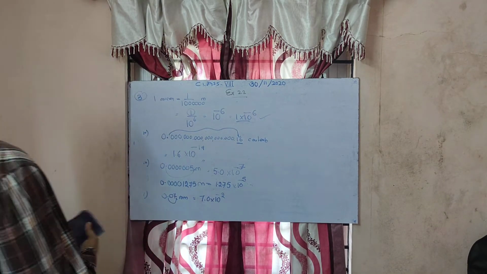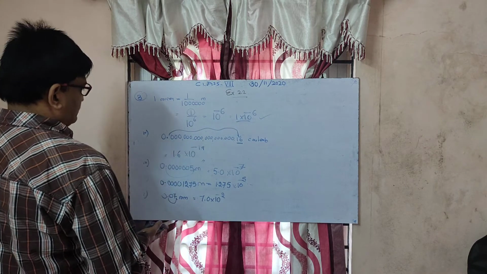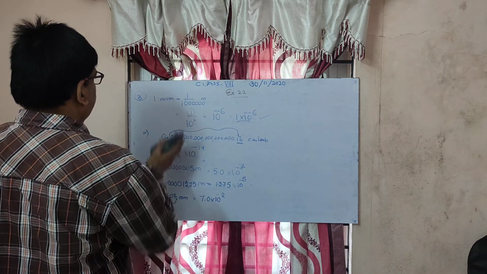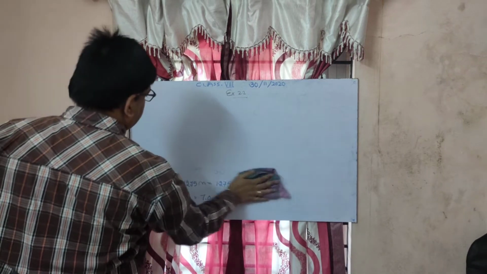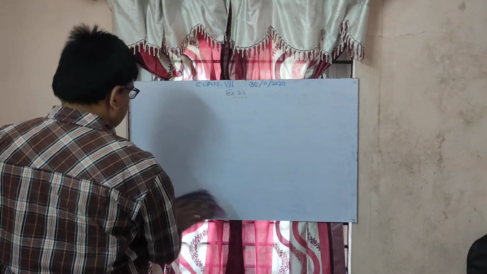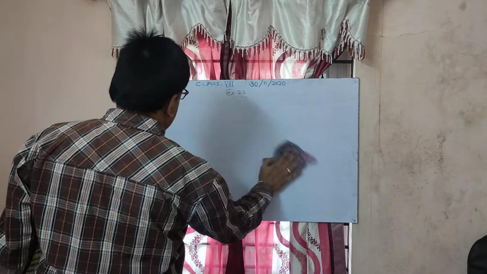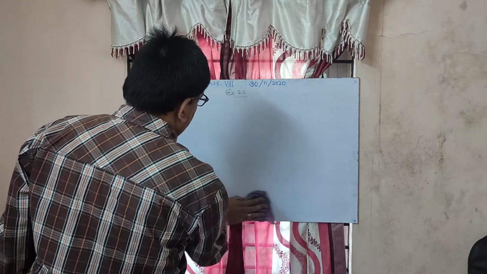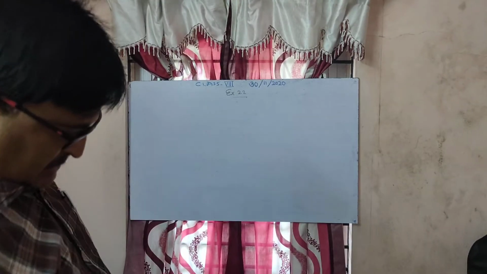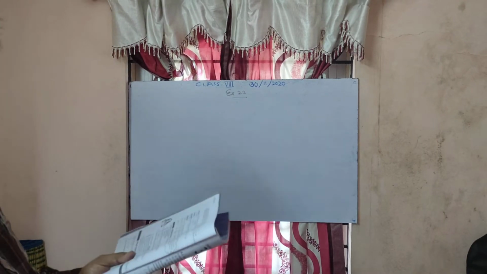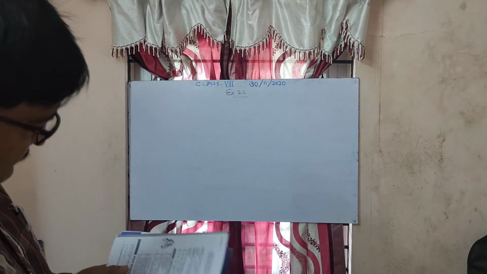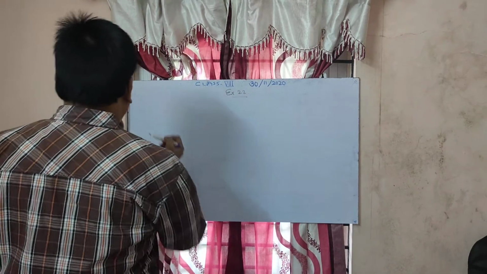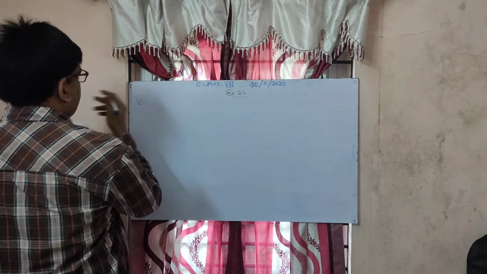Okay, now let us do the next example. I think you might have understood the nature of standard form. The standard form is always more than 1 and less than 10. And the last example of exercise 2.2 is the fourth one.